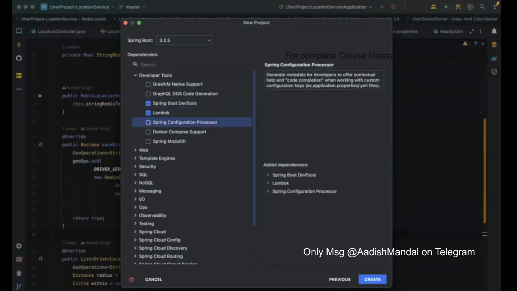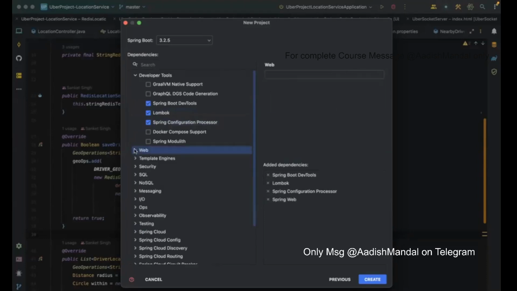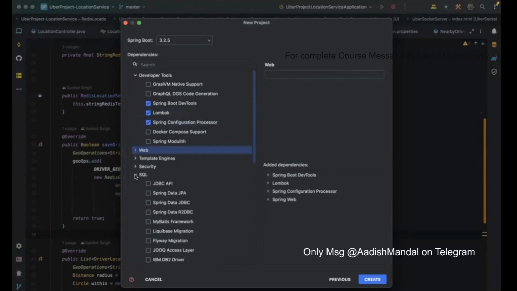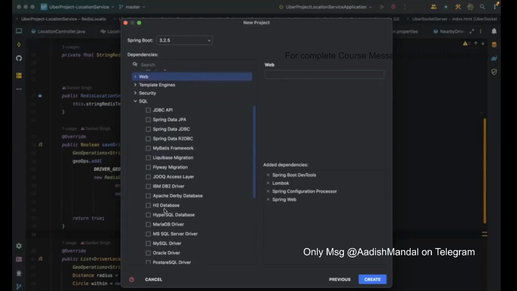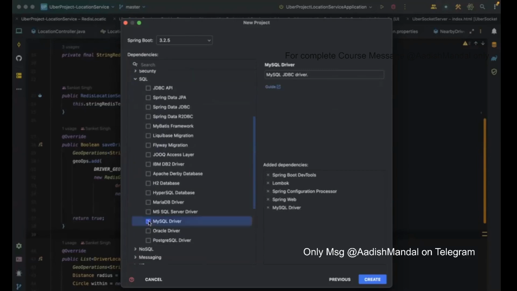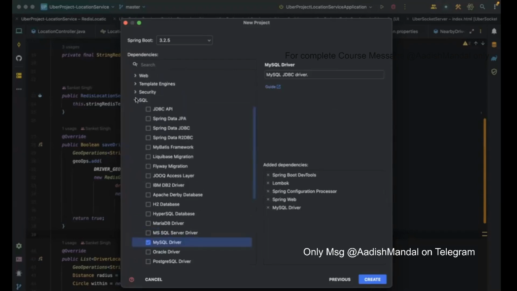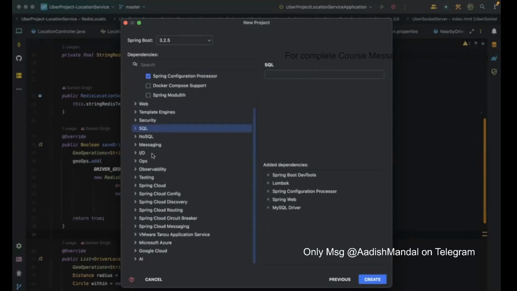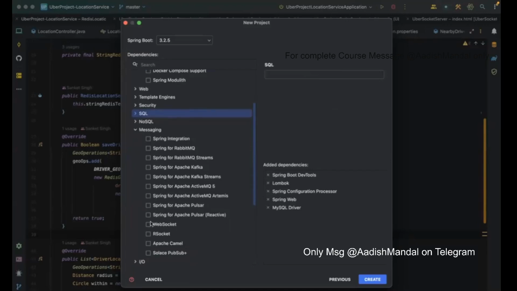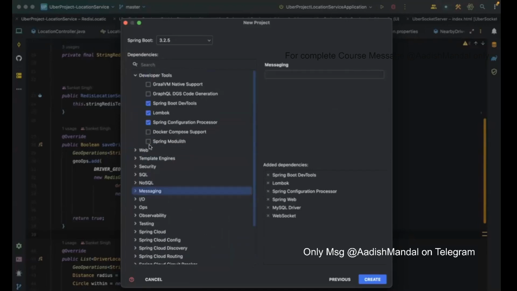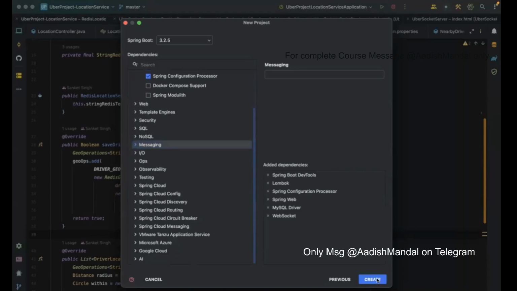Spring Boot DevTools, Lombok, configuration processor, then Spring Web. Then we will need MySQL driver, because we want to connect to the repositories and everything. And what else? We will need the WebSocket connection as well, because this booking service might be preparing a WebSocket connection with the corresponding socket service. Anything else that we need? As of now, I don't think so. If I click on create,